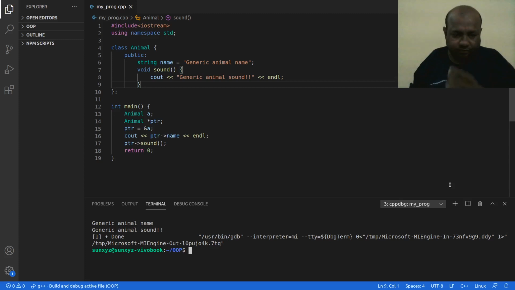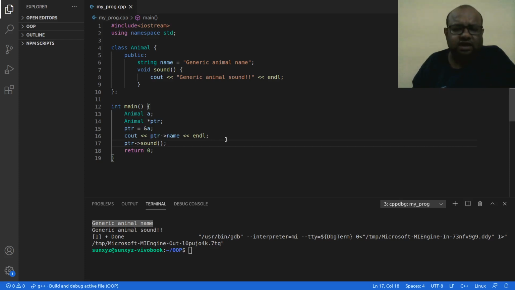Alright. So when I call that function, this function is called, right? And then inside this function I have some code. Essentially, one line of code is what I have. This code is going to write generic animal sound into the standard output, my terminal. So I get a generic animal sound as the output because of line number 17, and this generic animal name as the output because of my line number 16. Right, so far so good, nothing new that we studied in here.